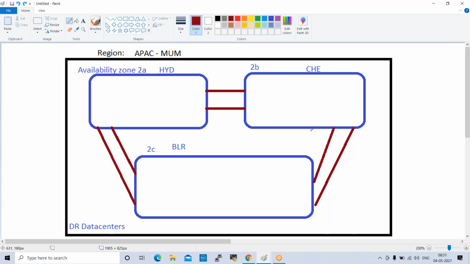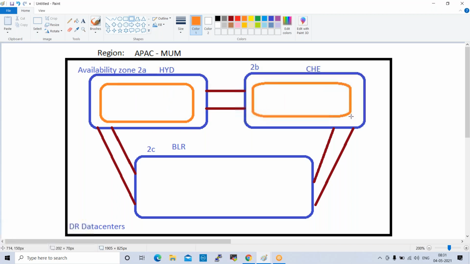Our duty as a DevOps engineer is this: instead of the availability zone, we will create a VPC, and we will take care of this VPC.